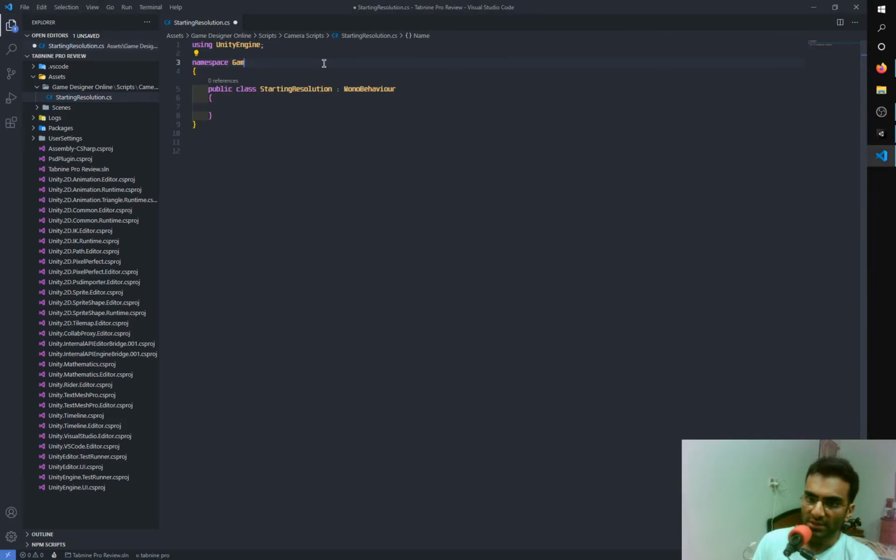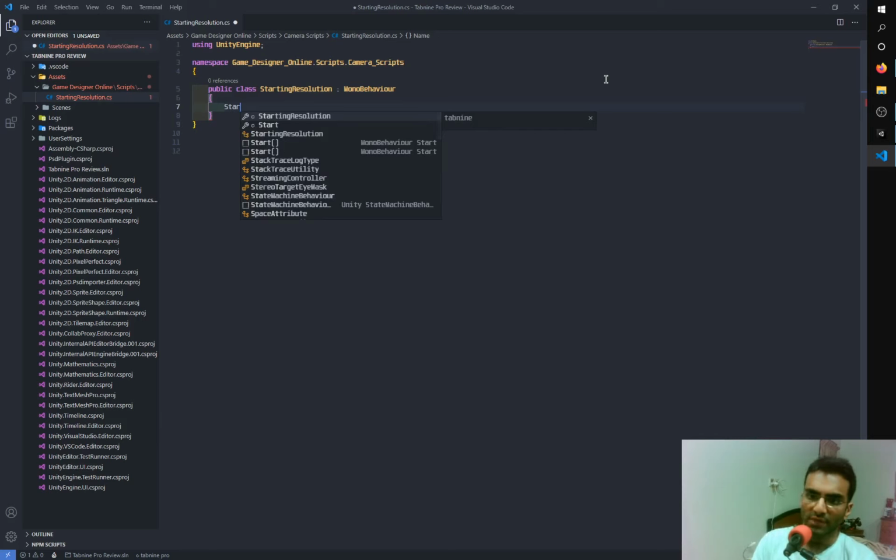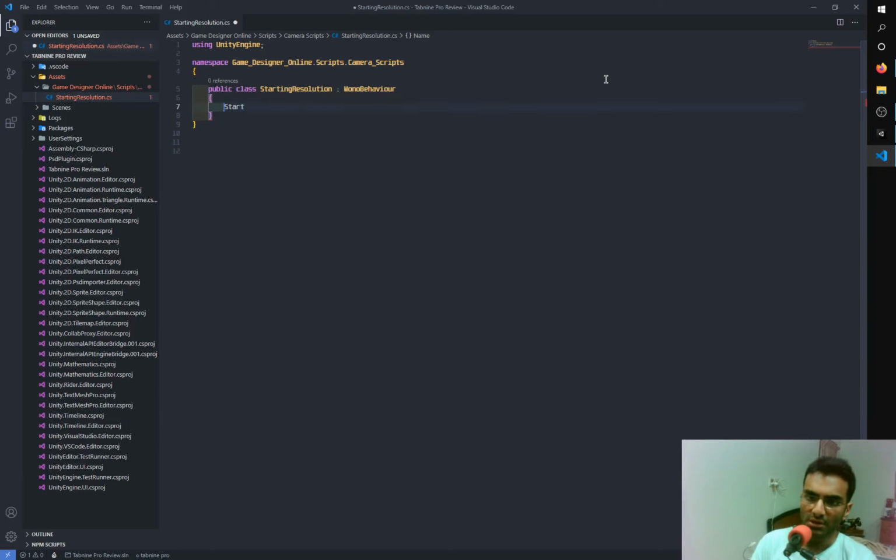Okay, so the plugin is now working. I can actually write this, and I'll remove assembly C#, so this is my normal layout. Now Tabnine is going to start suggesting things. If I hit start, these are the Tabnine autocompletions. So instead I'm going to write